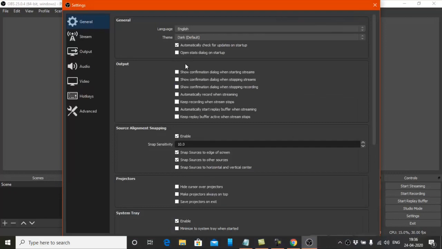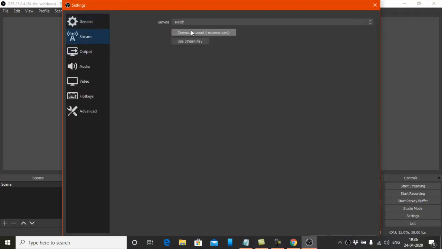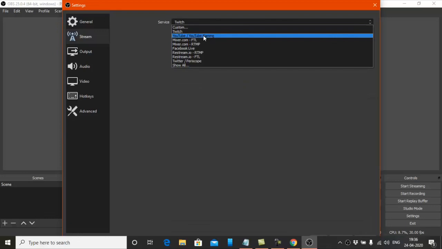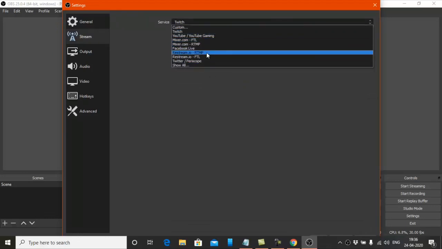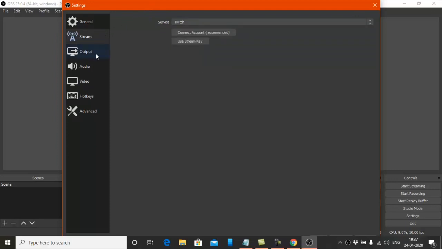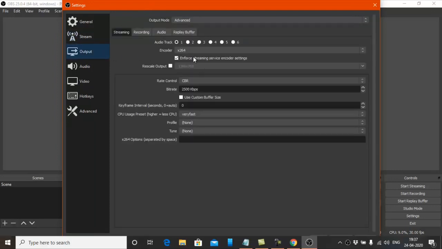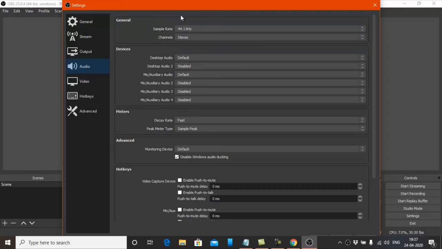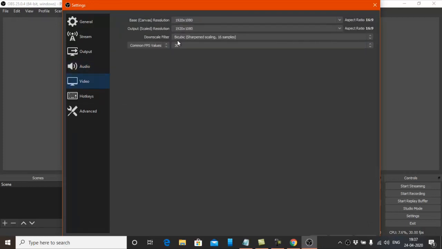Okay, so before I start clicking start recording, you will go to the settings. We'll see some of the setting options here. In the setting options you can see the general streaming. If you want to stream to YouTube or any of these websites, you can stream directly from this application. Our purpose is not streaming, so I'm going to output. In the output, you can choose what kind of codec you want, very fast or anything. And audio, what is the sample rate and other stuff. And video, where do you want to store it and what is the size of the video.